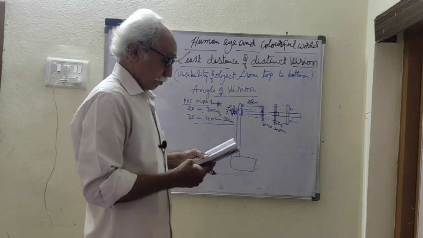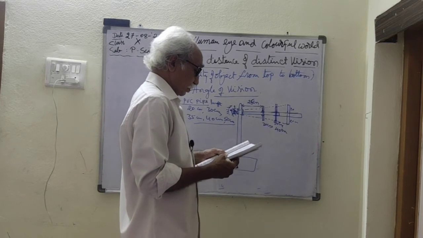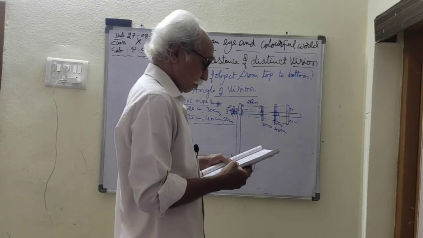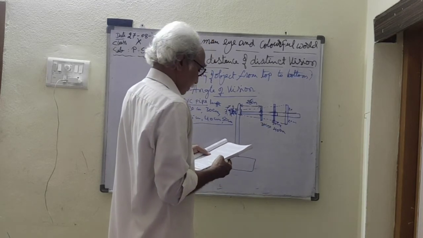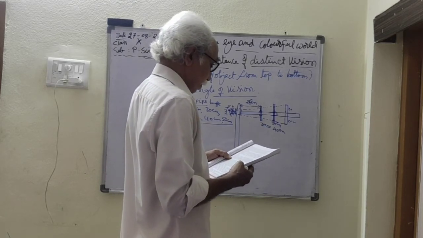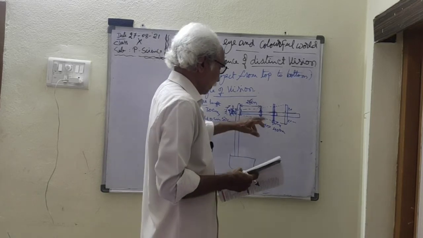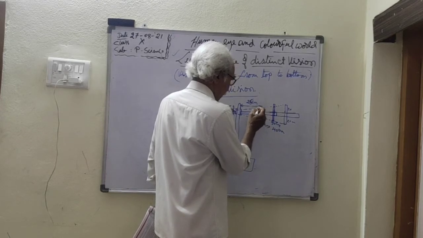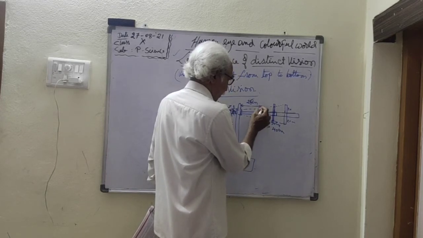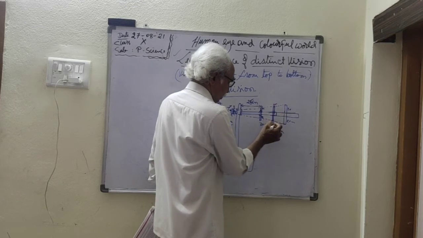Now observe this. You can see the whole object AB, which is at a distance of 25 centimeters, because the rays coming from the eye to AB of the object will enter the eye. Similarly, you can also see the whole object CD. Suppose the first one is AB and the second is at 30 centimeters, not fully visible. Only the AB part is visible. Next, the CD part is also visible.